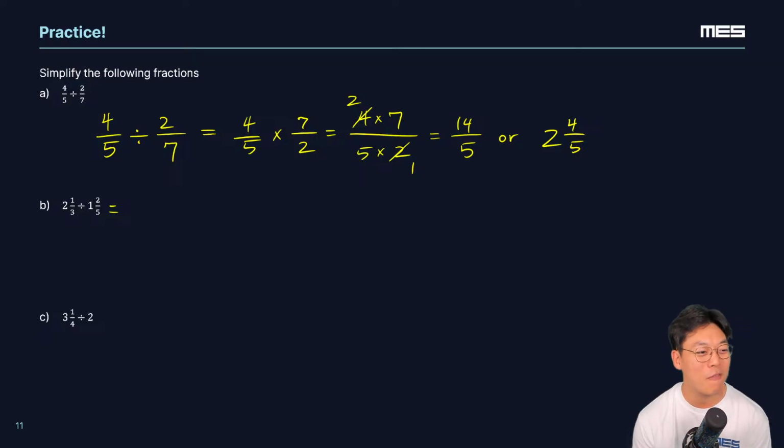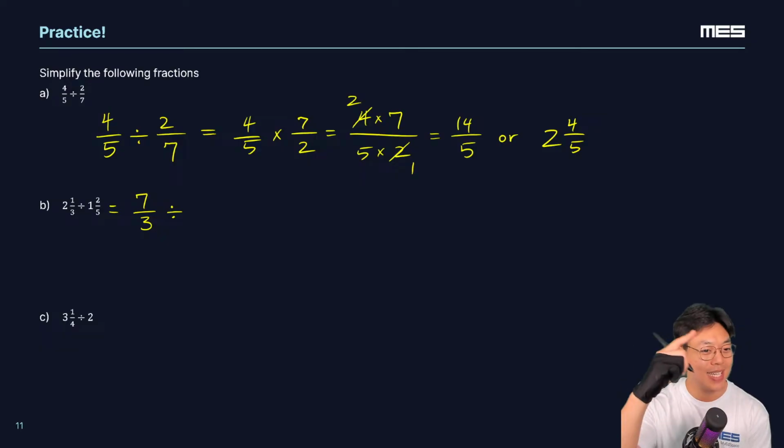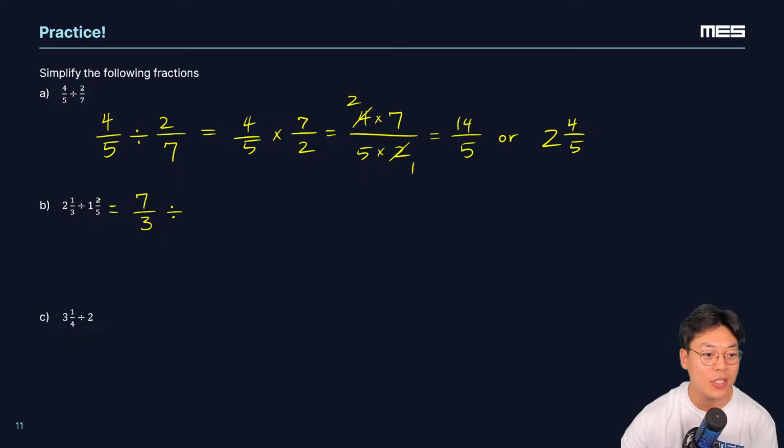Make it into imperfect fractions. I love that you used imperfect. The name for this is improper, but I can see why you would say imperfect. Max, great. 7/3 will be the first improper fraction, right? 2 times 3 wholes will be 2 times 3, which is 6, plus that 1 on top gives us 7/3. Awesome. Divided by, and it looks like, Max, you gave us that second one as well. 1 times 5 is 5, plus the 2 will give us 7. We have 7/5.